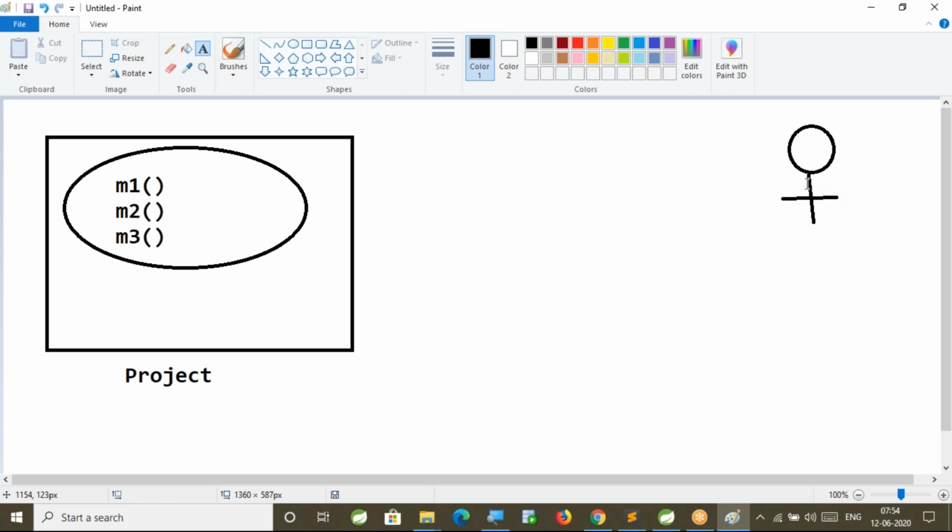Can this person create the object for our controller and call the method? Come on. Can this person create the object and call our method? He is not from our project. He is an end user. First of all, he doesn't know what software programming is. He doesn't know what Java is. He doesn't know what an object is. So then how can he access our controller method?